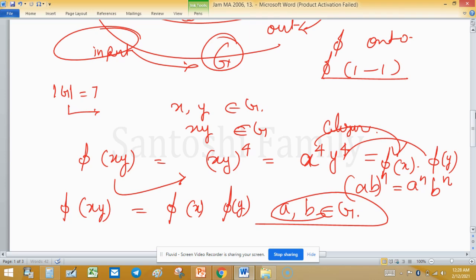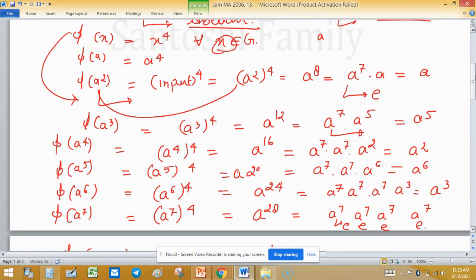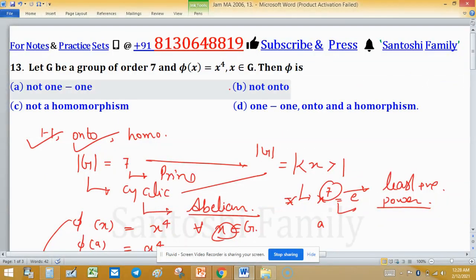So phi is a homomorphism and these are arbitrary elements. So the first three options are discarded. So the correct option is,